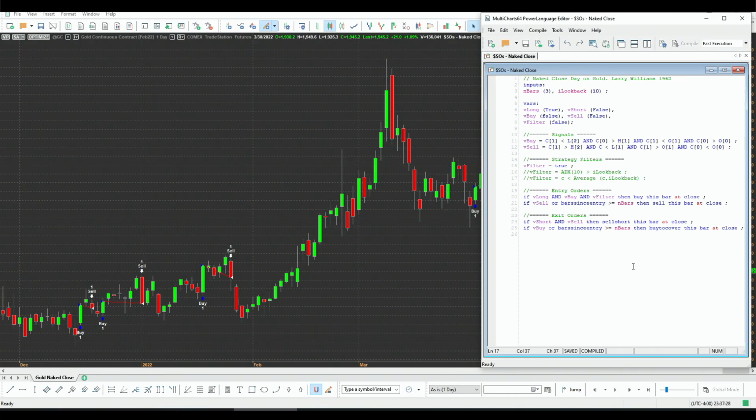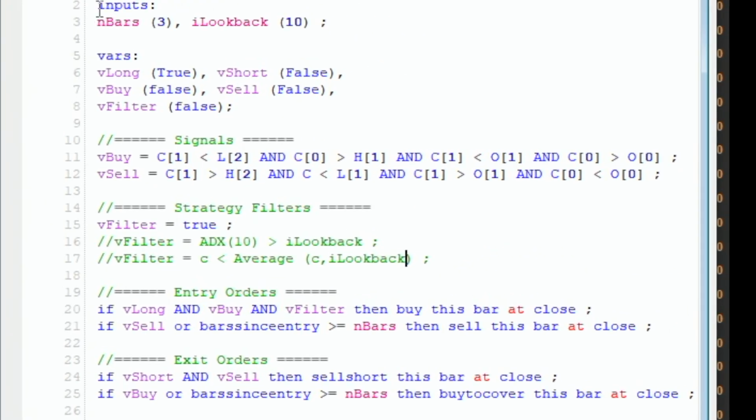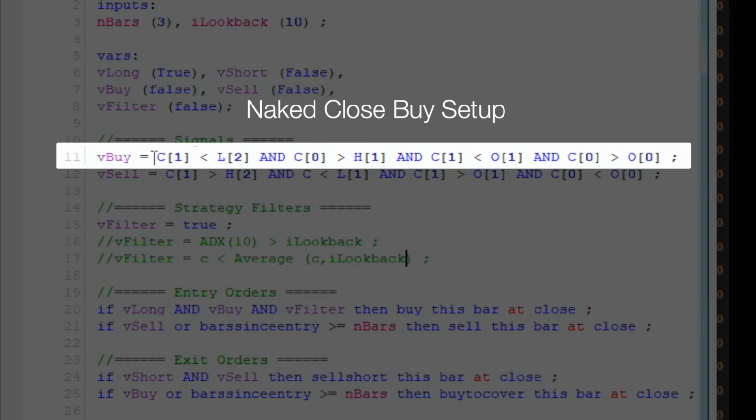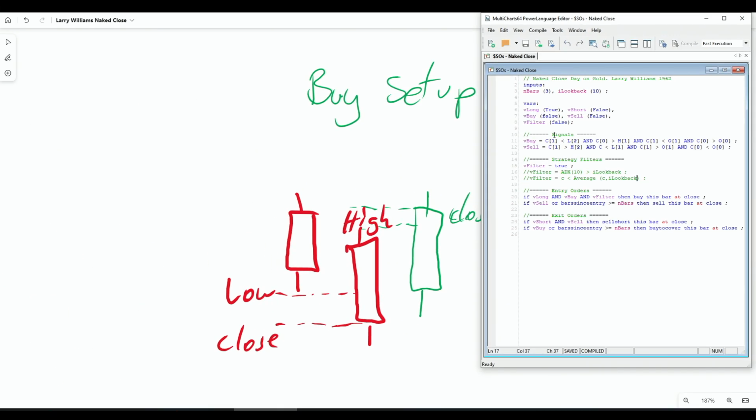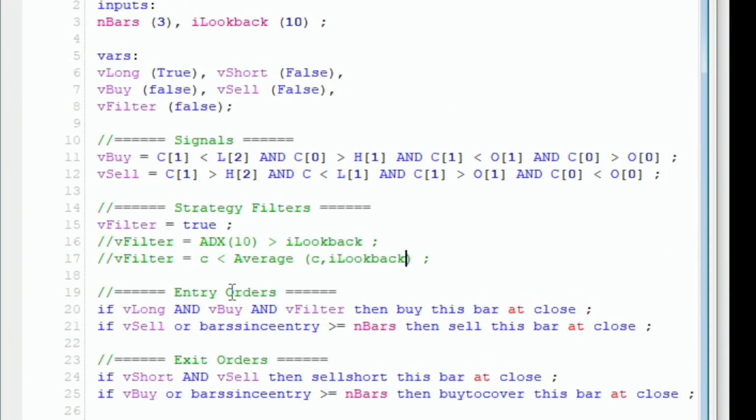So I programmed this in MultiCharts EasyLanguage, which is the same as TradeStation EasyLanguage. First of all, let's ignore the inputs and variables. This is the buy signal: yesterday closed below the previous day's low, and so on and so forth. And this is the sell setup, so it's the opposite. Those are our entry signals, and we will use this definition to enter. You can see here, this is the entry order. I have a filter here because I can switch the short and long on and off to test them separately. So then we check that, and if this condition is true, that means we have the setup, then we buy